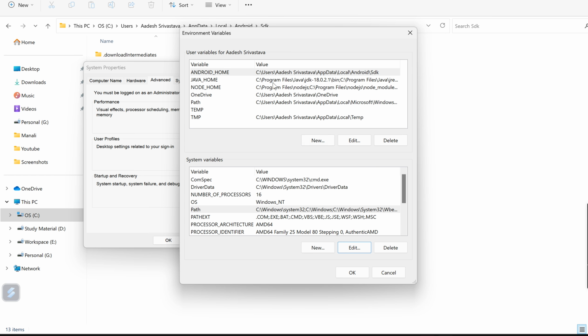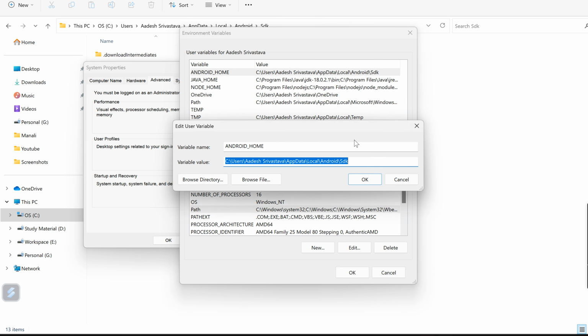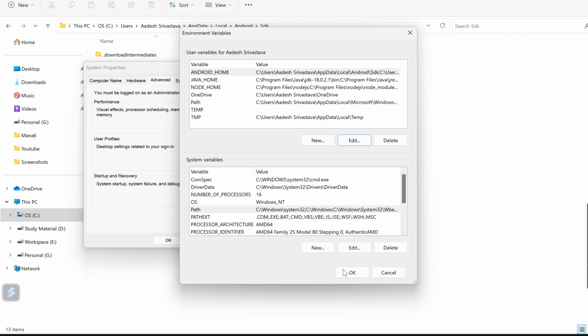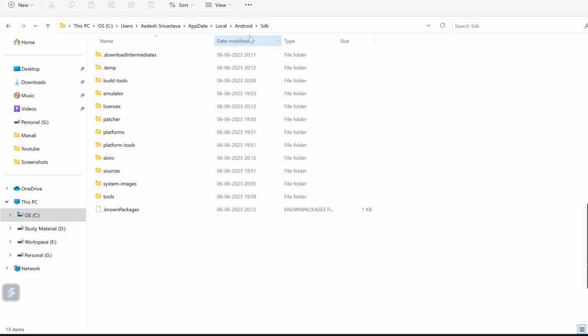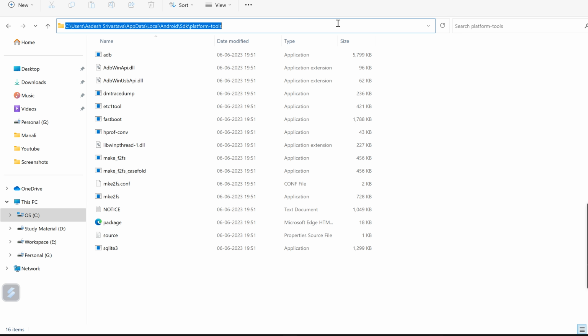And there is one more thing that you should do: click on this one, click on edit, put a comma over here, and put this path also. Click on OK. So we need a few more paths to add. This is the first one, the SDK. Now the second thing is that we need platform tools. So click on platform tools and copy this path also, and get back to your environment variable,